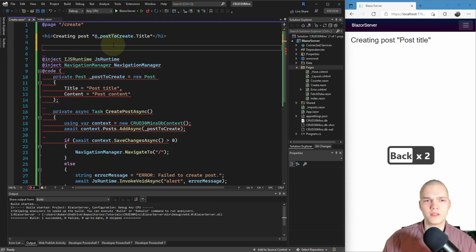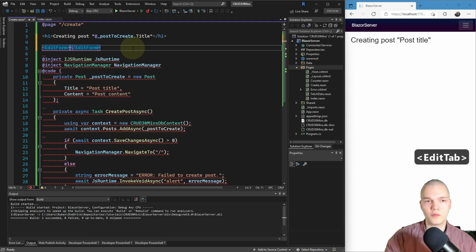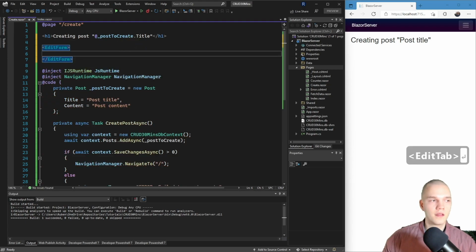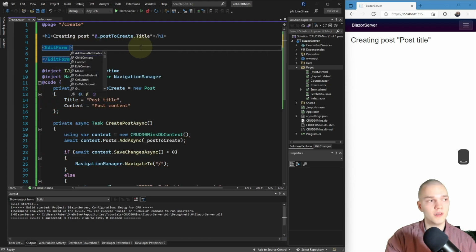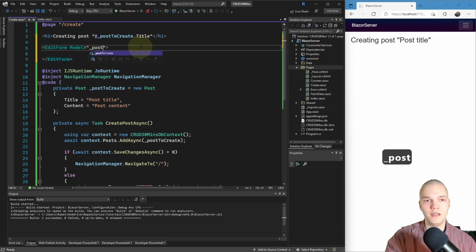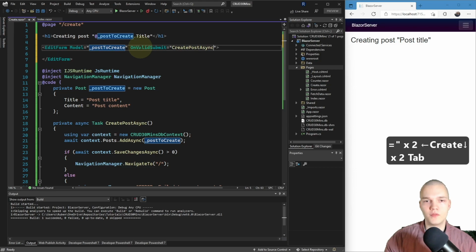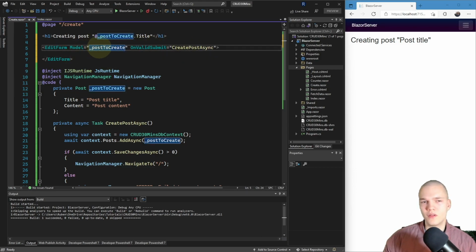Did I mess something up? Then I'll add an edit form component, and for the model parameter I'm gonna pass in the post to create, and on valid submit I want to call create post async, and that will automatically pass in this post to create model.